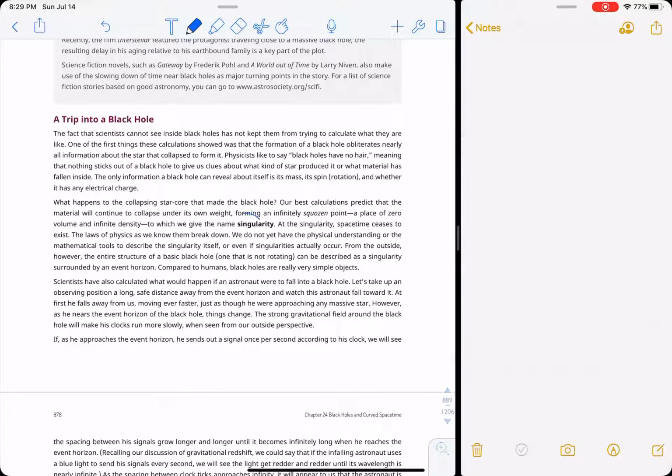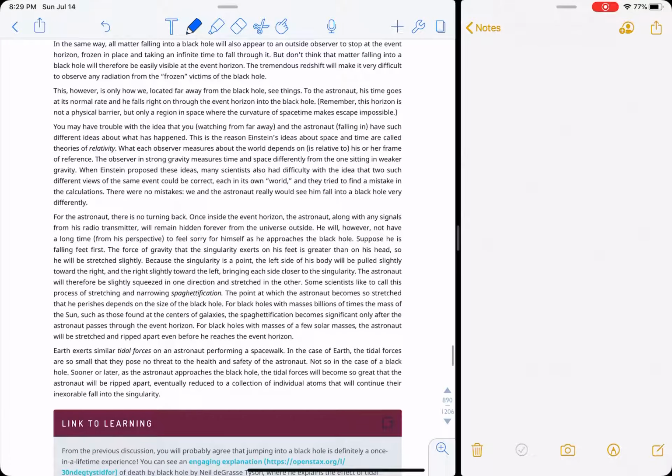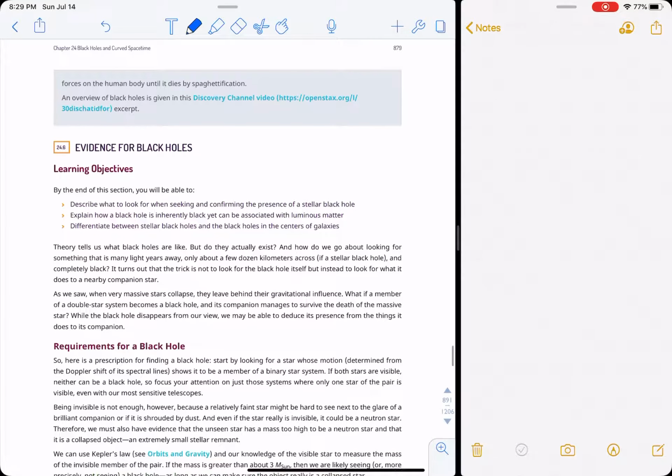Okay, so at the center of a black hole, the math breaks down, and we have 1 divided by 0, and you get crazy nonsense, or you have 1 divided by infinity, and you get 0. Or you have another one, infinity divided by infinity, which is undefined. So you get nothing at the center of a black hole. In Einstein's math, you put enough mass at the center, and the warping just goes down forever, and it never reaches an end. So that doesn't make any sense. Obviously, that can't be the case. So we're trying to figure out what a black hole is still today. So anyway, that's the thing.